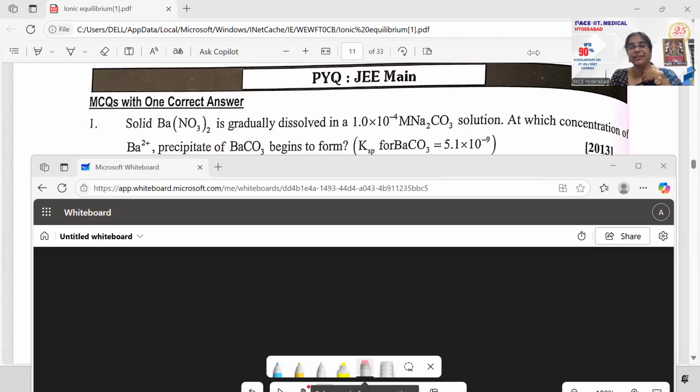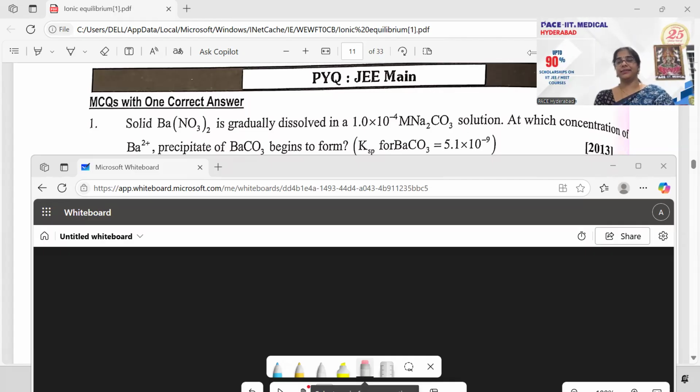Let's go with yet another interesting class of your PYQs of your JEE Mains for your ionic equilibrium chapter, which is the most important chapter. Very tedious questions are coming up your way, but let us crack them down very simply. Don't worry about that. So here, the first question, as I can see, is from the 2013 PYQ.